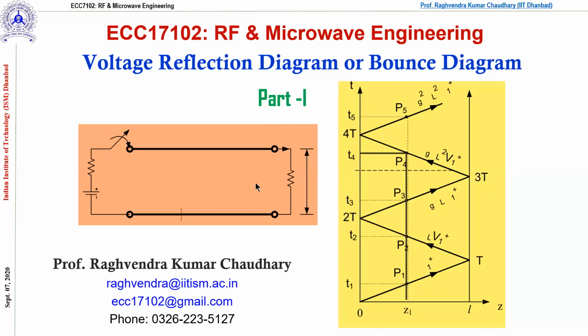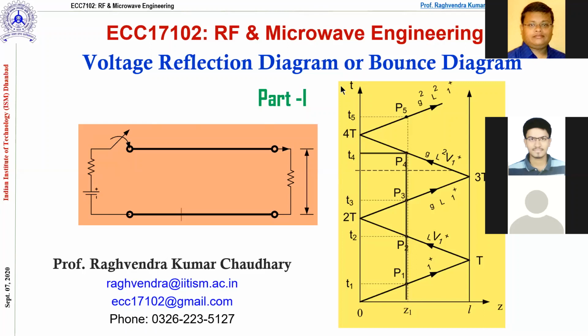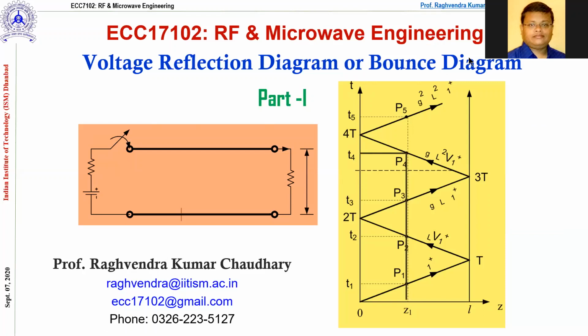Okay, so here you can see this is again a transmission line, and we connected it with the switch, source resistor, and DC supply. At a particular time, the switch will be closed, and we have to observe the behavior. So the bounce diagram, we are saying the reflection diagram or the bounce diagram. Both the terms are very common in the textbook. You will find both. This is what the bounce diagram or reflection diagram commonly looks like.